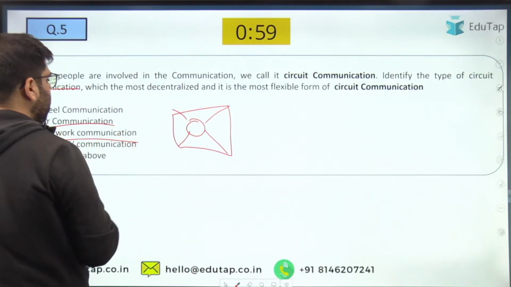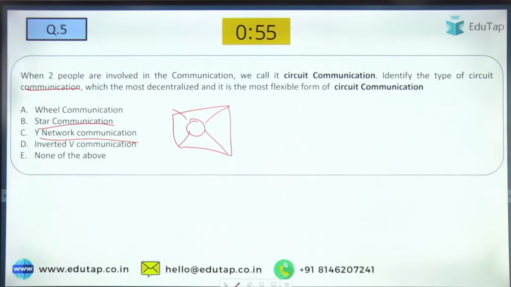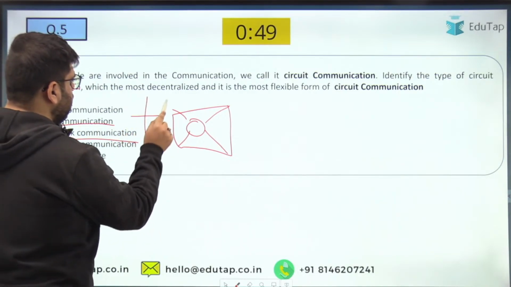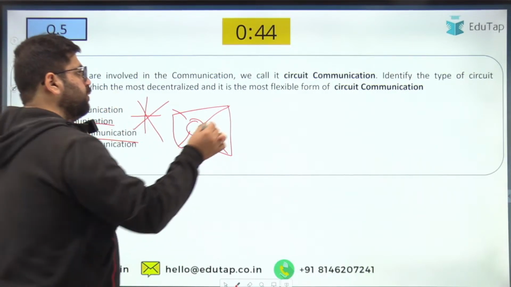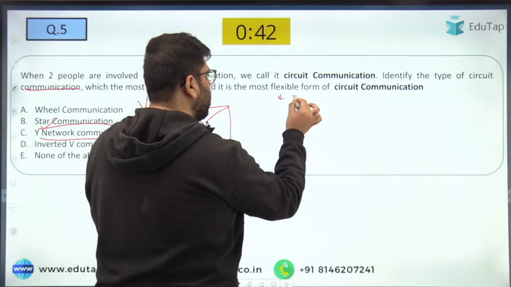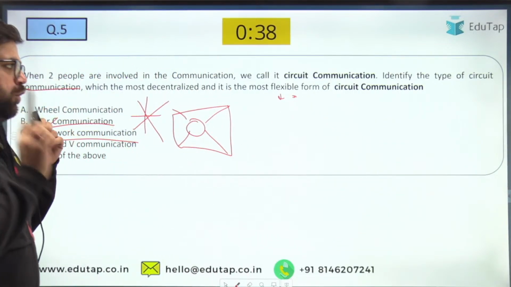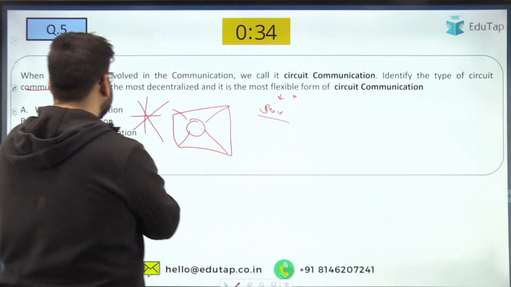Okay, then you have Y, or rather I will show you the image as well. But first tell me the answer of this question. Most flexible is your star only. Star is basically that particular network in which everybody is connected to all the people. So it is the most flexible form of communication because you can communicate with any Tom, Dick and Harry who is sitting in the company. Plus,